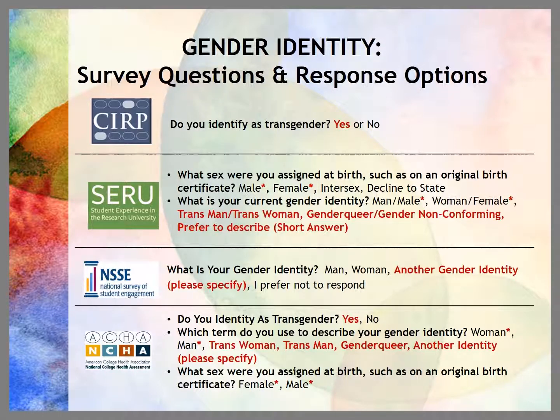We're getting ready to pilot test the NCHA 3 survey, and on that one, the sex assigned at birth, first of all, removes the part about on an original birth certificate, and it adds intersex as an option. The other thing is in the write-in part, we learned a lot in the write-in part, another identity please specify under gender identity, and we've added a couple more categories there: agender, non-binary, gender fluid, and intersex. And we will